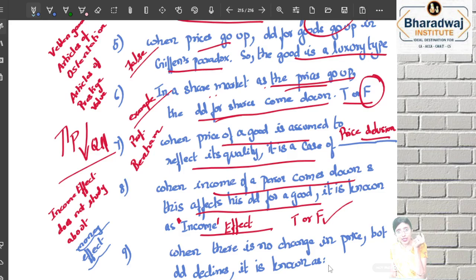When you're not discussing money, when you're discussing the influence of price, it is not money income effect. It is real income effect. If at all they give you real income effect, that studies price changes. This example is studying price changes, not income. Remember that when the price of a commodity changes,